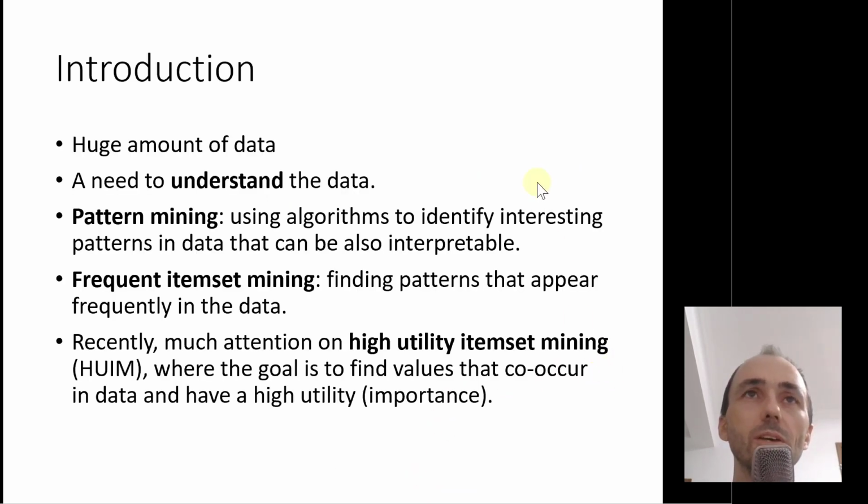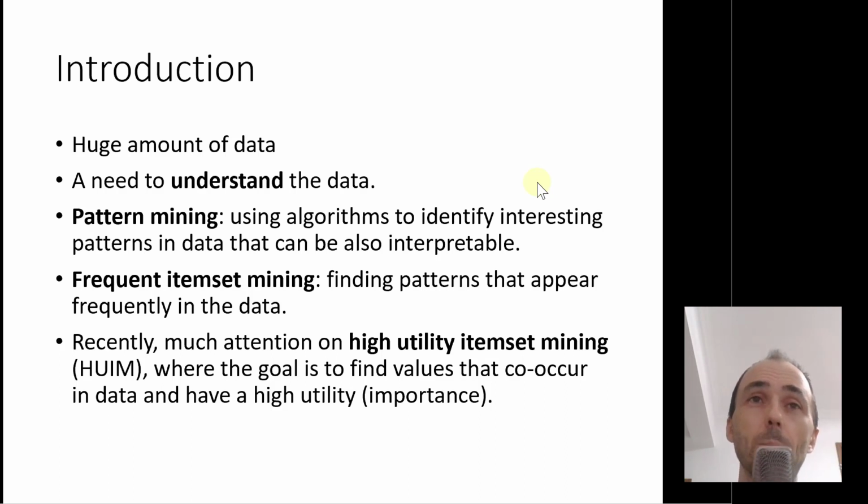Okay, so let me give you some introduction. Nowadays we have a lot of data in databases. We can use machine learning and artificial intelligence to do a lot of things like predictions. But we also have a need to be able to understand the data. So not just build models that are black boxes, but also have a way to find interesting